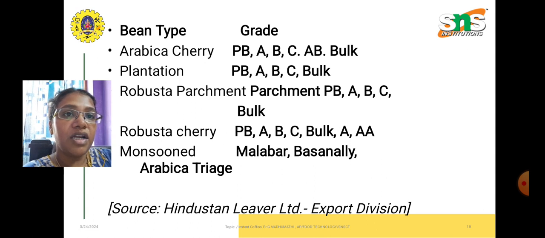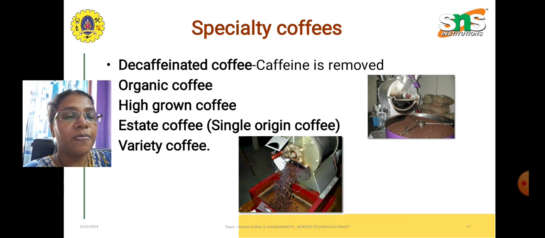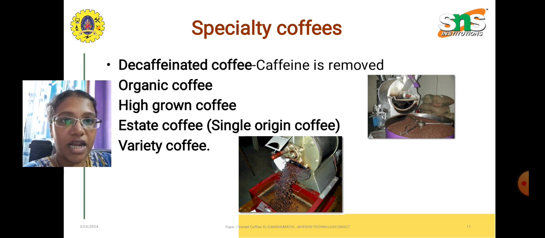So as we already discussed, there are types of beans like Arabica Cherry, Plantation, Robusta Parchment, Robusta Cherry and the Monsoon one. So these are some of the types and grades that have been discussed here. And specialty coffee is nothing but the decaffeinated coffee, where the caffeine content is completely removed from the coffee beans. It is one form of organic coffee, high grown coffee, and estate coffee also we may name it,